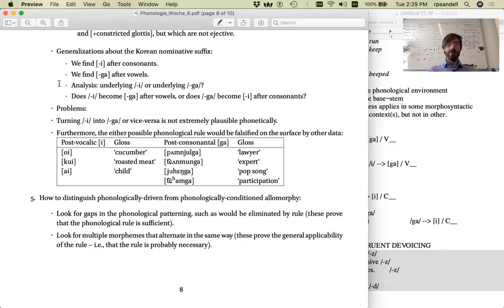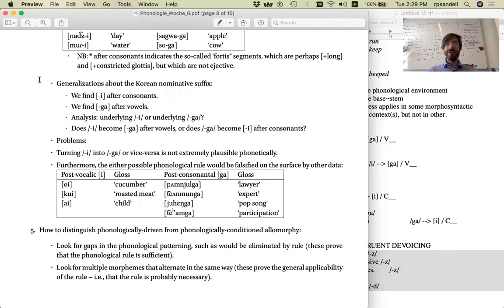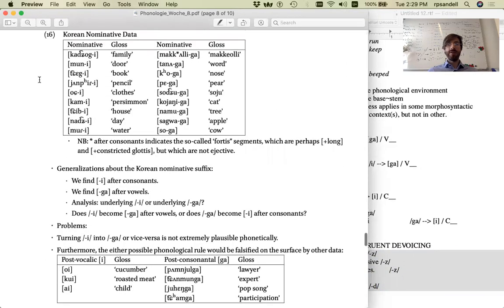Okay, so now that we've seen that although we as phonologists prefer to, as much as possible, try to explain allomorphy using phonological processes, there probably are some instances in languages of the world where phonology alone is not going to be sufficient for accounting for the allomorphy.